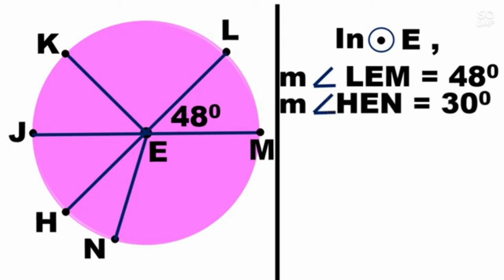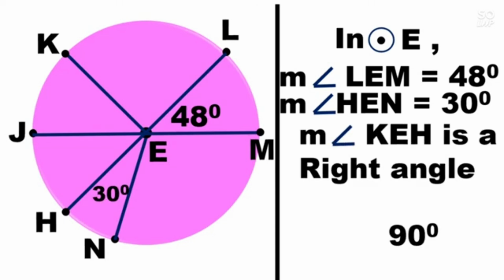And the measure of angle HEN is 30 degrees. Okay, the measure of KEH is a right angle. Okay, pag sinabi natin right angle, it measures 90 degrees. Okay, so therefore, this one is 90 degrees. Next,